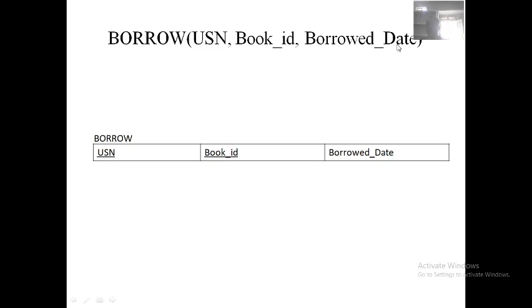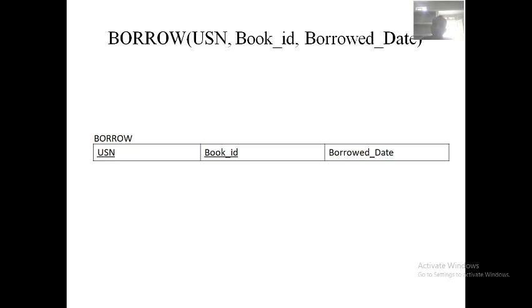See here now, USN, book ID and borrow date. USN, is it a foreign key or a primary key in this table? Primary, sir. What? Foreign key, sir. Foreign key. Okay, why is it a foreign key?